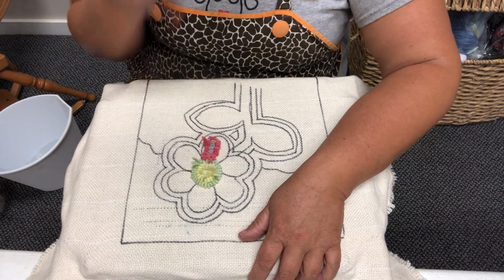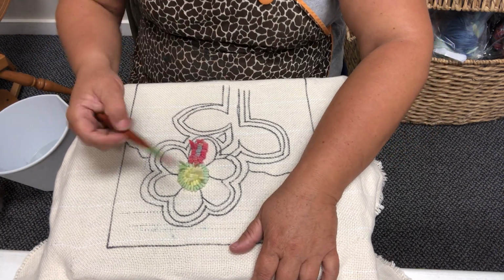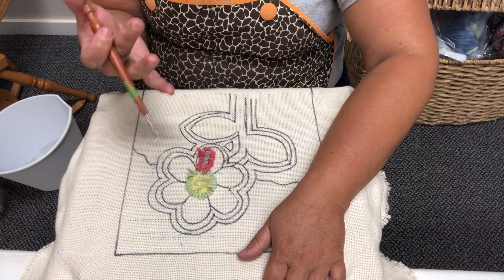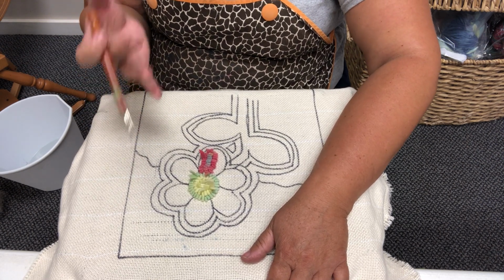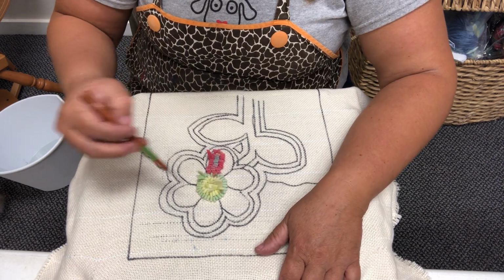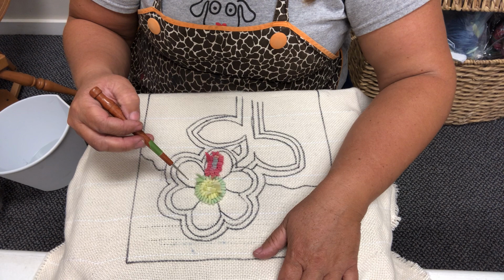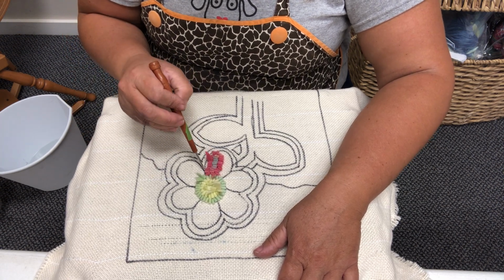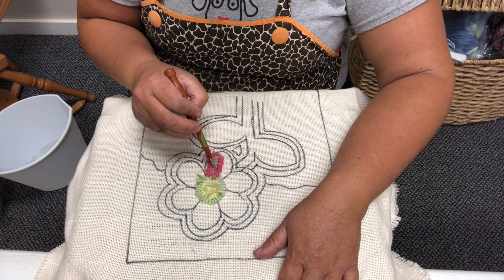But again, I don't worry about that because flowers are textural. When you're looking at it from a distance, it lends to the lights and darks and the way the light hits it. When you're up close, you might see the flaws, or what you consider to be flaws, but I see them as beautiful things. So that's how I'm gonna do my petal, and I'm gonna come out here and come back